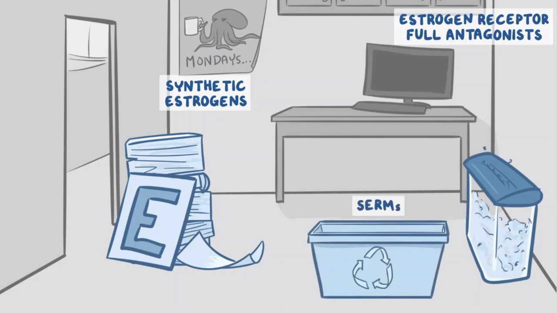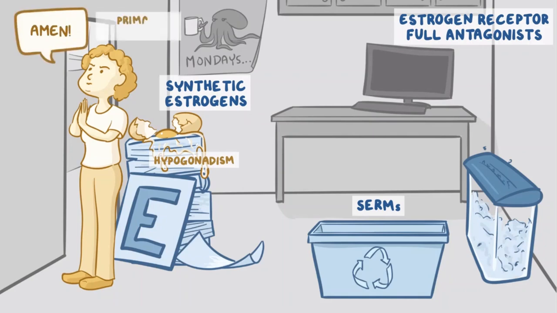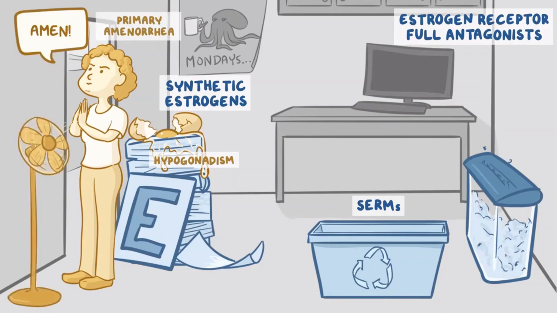agonist and antagonist. For the indications of synthetic estrogens, let's put an office lady in front of the stack of paper. Someone dropped an egg on the paper and it's cracked open, and this will represent hypogonadism. The papers are ruined, so the lady's quite angry. She's praying for patience, going amen to represent primary amenorrhea. She got a bit heated over the situation and is fanning herself to help you remember these drugs can be used for hormone replacement therapy. Finally, she's wearing a t-shirt with a baby on it that's crossed out to help you remember their use as